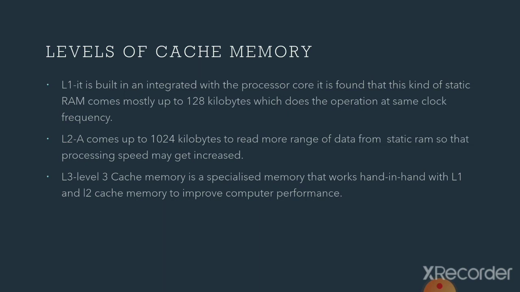So the smaller the size of memory, the less the access time; it takes less time to read instructions from memory. The hard disk is very slow in accessing, because it has more space and requires more time to locate your data. So this way you can attach cache memory for more performance, to reduce processing time.